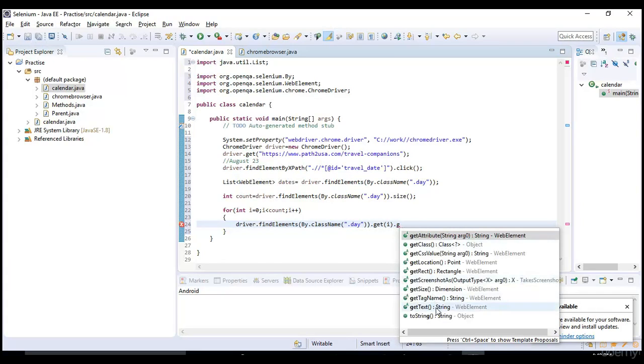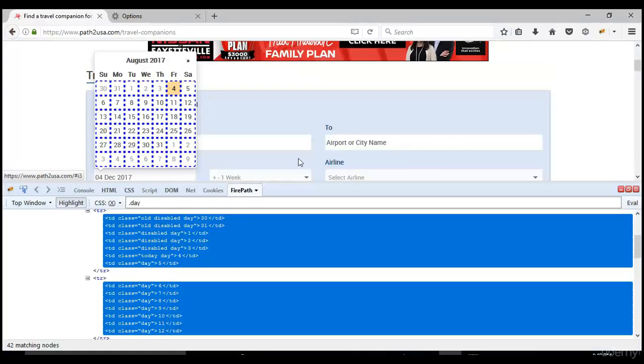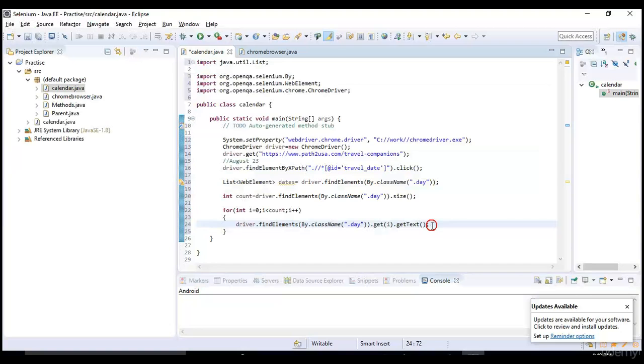So here 30 will be returned. I would put something like String text.